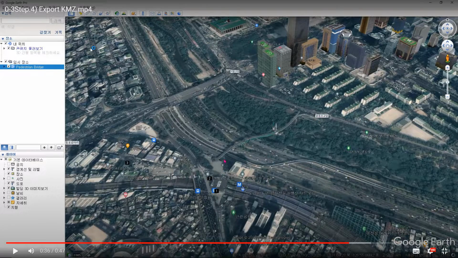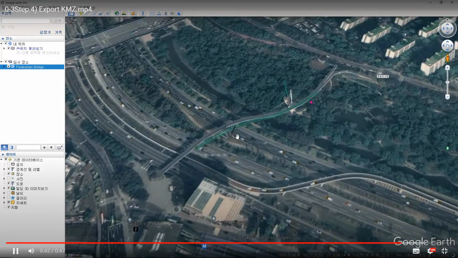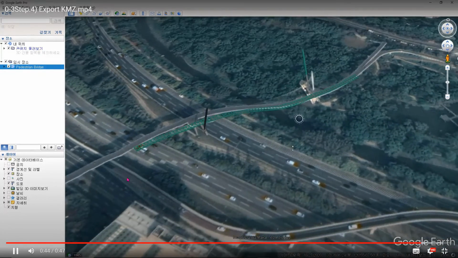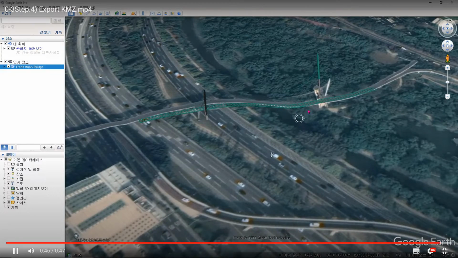So you see this one is a valley with a toll road in here, and this is the imposed bridge that we have created in the Midas Civil and then Midas CIM.